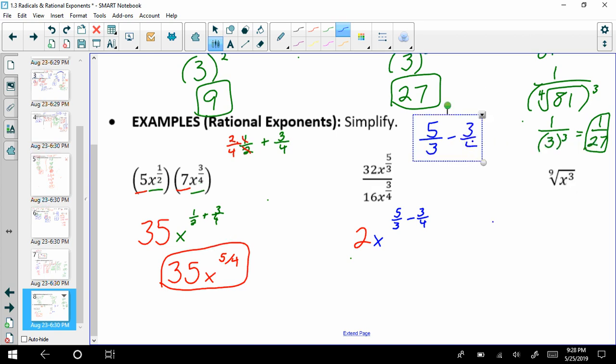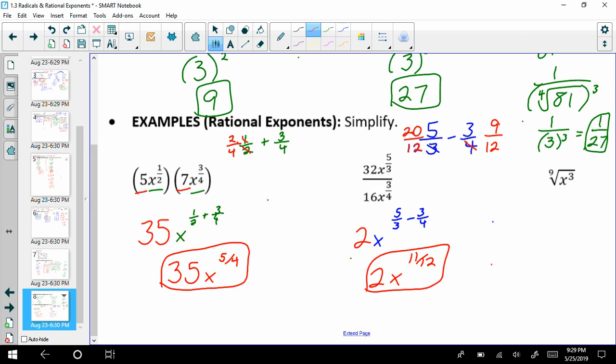Oh my goodness, this stylus. I'm going to need a common denominator. Well, the smallest number that 3 and 4 go into would be 12. So to make this bottom guy a 12, I'd have to times by 4. So it would become 20/12. And to make this other guy a 12, I'd have to times by 3. So 20/12 minus 9/12, my answer would be 2x to the 11/12. And the last one, if I want to simplify this, oh my gosh, the 9th root of